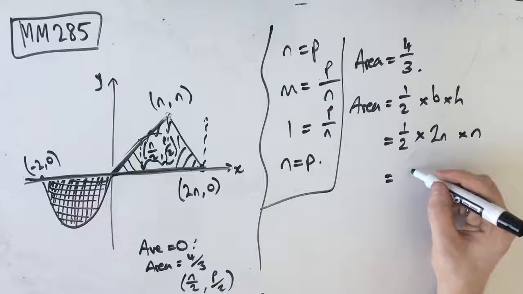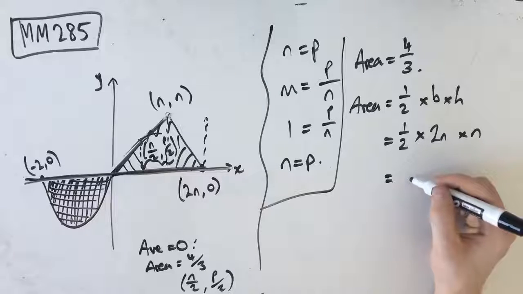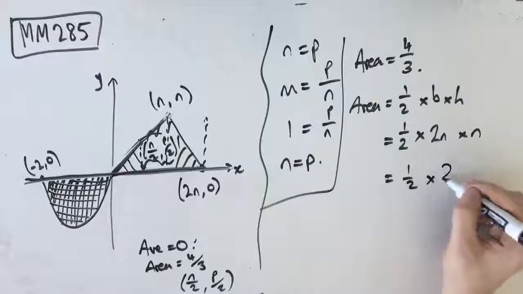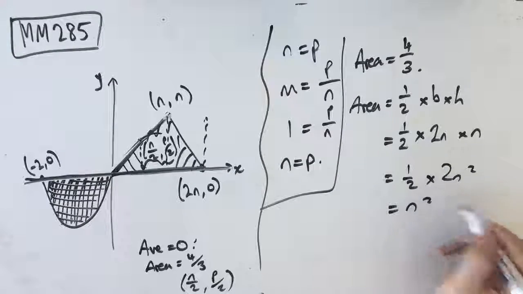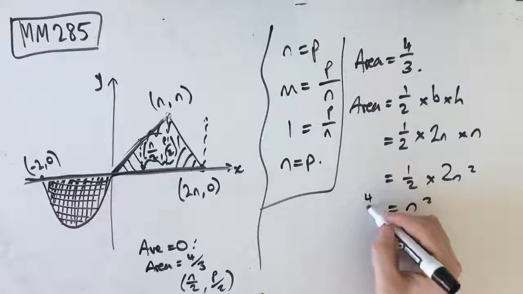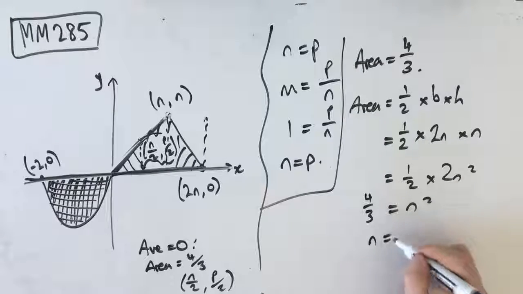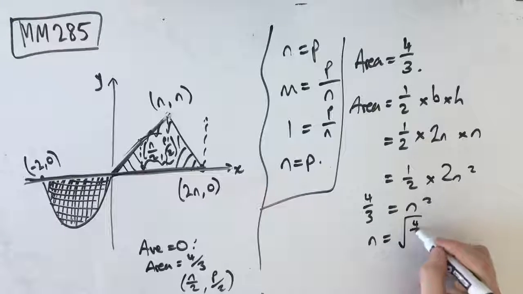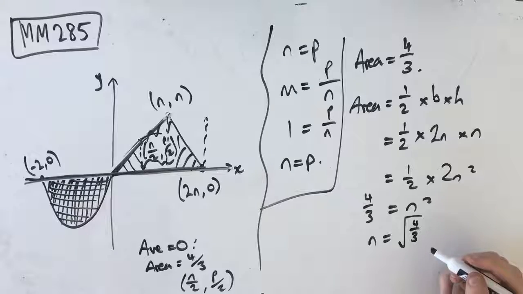Which means that we end up getting half times 2n squared, so n squared. And our area is equal to 4/3, remember. So then we get n is equal to the square root of 4 over 3, which means that we get,